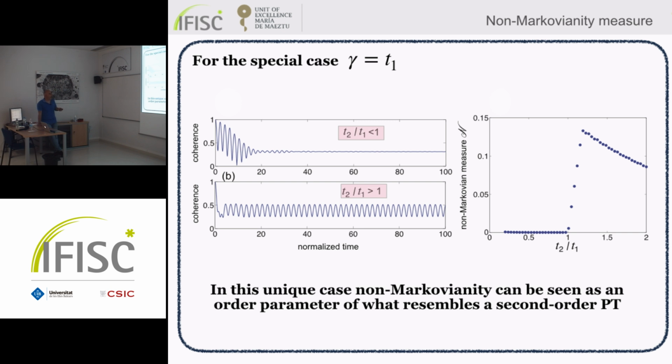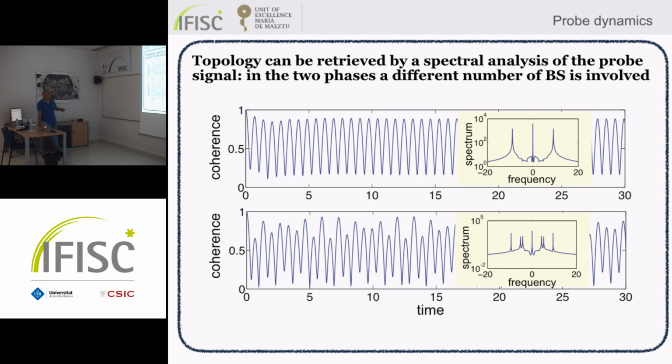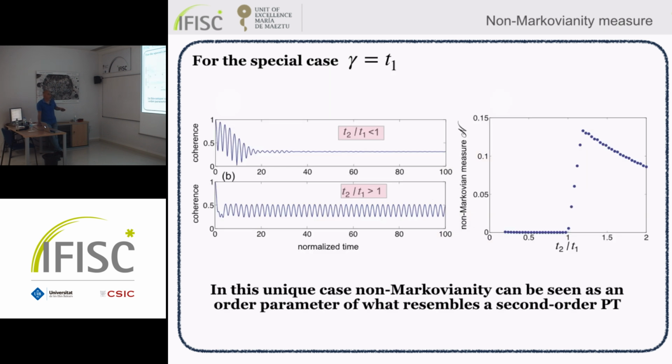Actually, there is a special case when gamma is equal to 1, where you have something very similar to what we have seen in the other model, and in this case you can measure non-Markovianity. Also, it is an effective measure. Of course, here, non-Markovianity does not distinguish between the two dynamics. You don't expect to find a sensitivity of that measure to the change of phase. In this special case, of course, it is different because it is 0 here, and it is not 0, it's macroscopic here. So you have something like this.